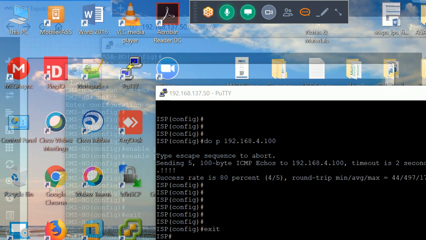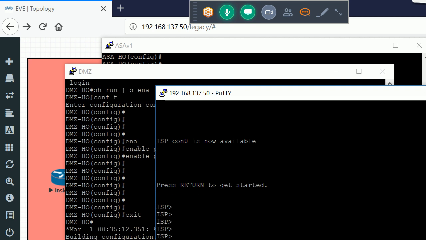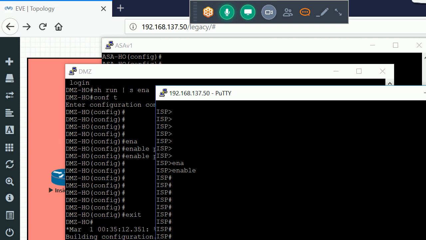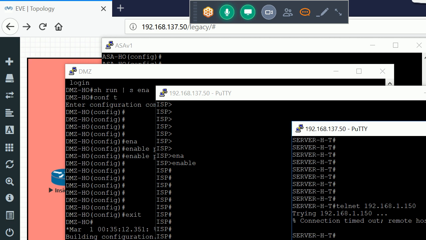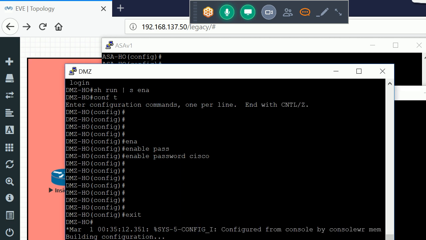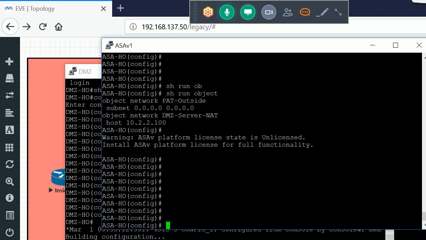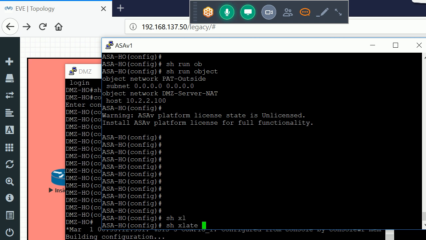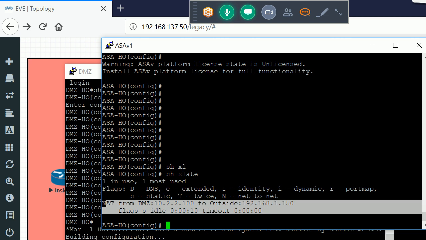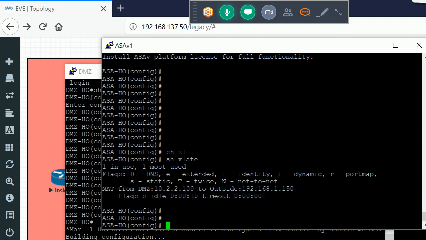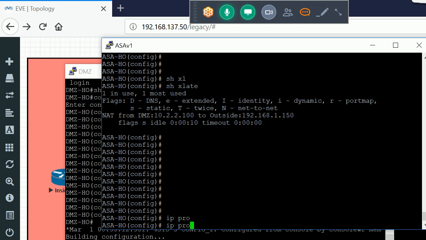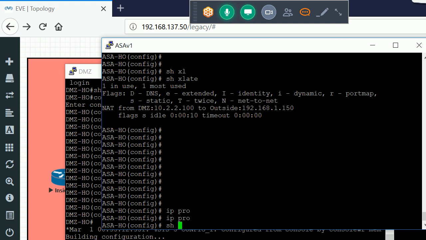At the same time, let me go to my ISP, 192.168.1.180. Exit. Show IP interface brief.